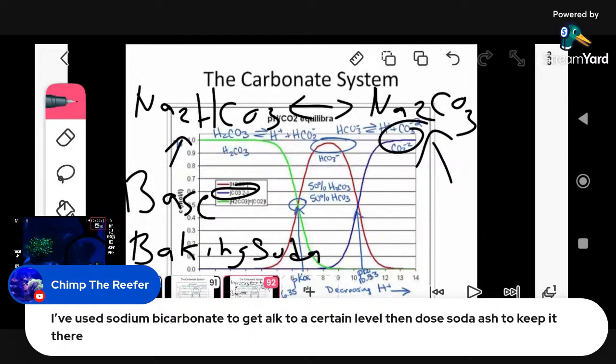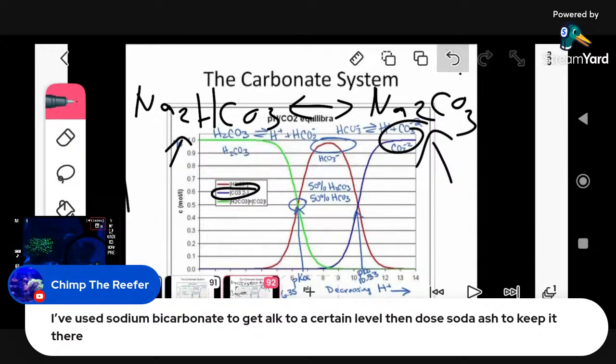So he's adding baking soda. Oh, that's not correct. Sorry guys, this is what happens when you go live. This is the acid. I'm a pendejo. That is the acid right there. Okay, guys? So what he's doing, that's the acid. That's still baking soda. That's what happens when you go live, guys.